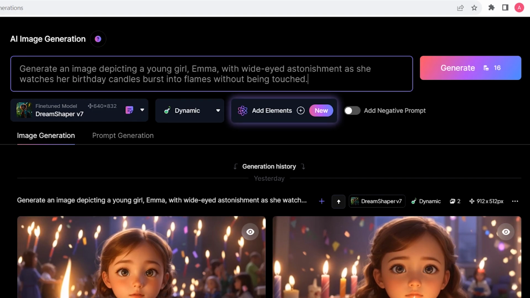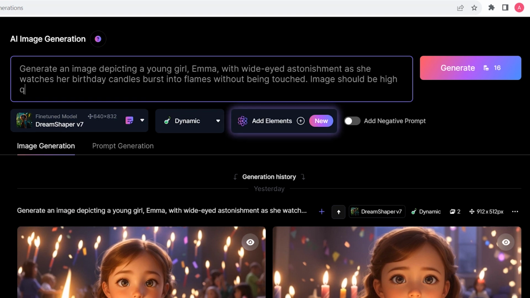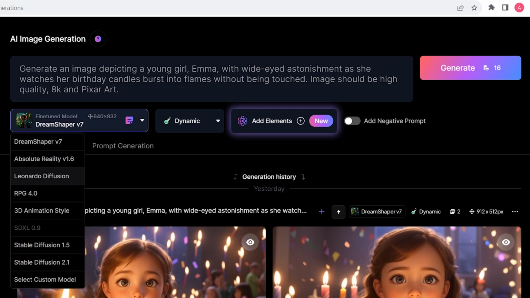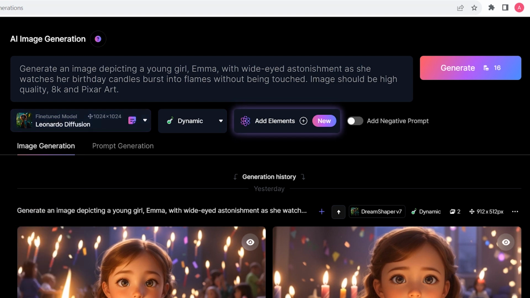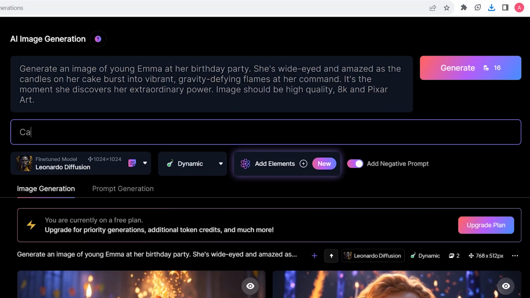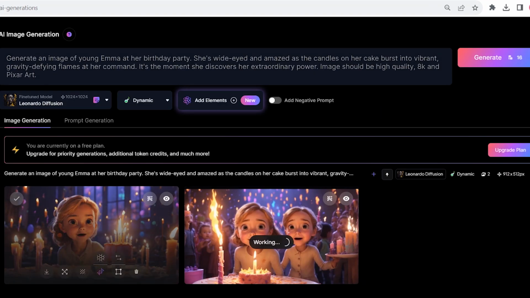Now just start pasting the prompts we had generated using ChatGPT. Mention in the prompt that you want to generate Pixar art and high-quality images. Here you will also have the option to select the type of image. You can experiment with Leonardo Diffusion and Dream Shaper, which are really good for generating images for animated videos. If you don't like something in the image, you can give a negative prompt so that AI can modify it. Once you have generated all the images,